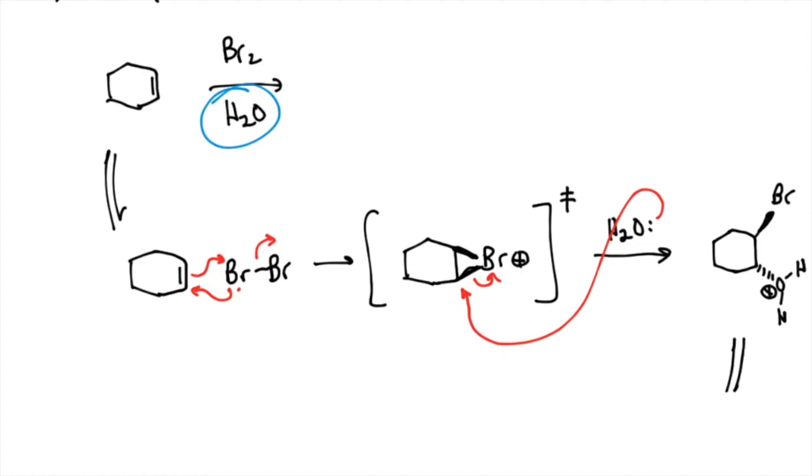This can then undergo deprotonation with, again, water as solvent, or even bromide anion as a weak base, probably just water, does the deprotonation, and then you get as your product this trans addition of water and bromine across the double bond. This is known as the halohydrin. So this is a halohydrin formation reaction. This involves the addition of bromine and water across the double bond. So a slight variant